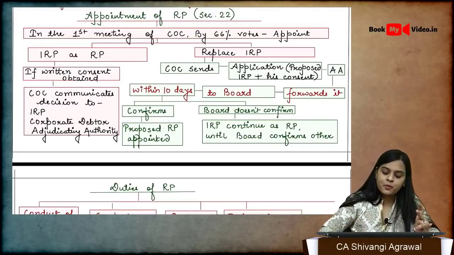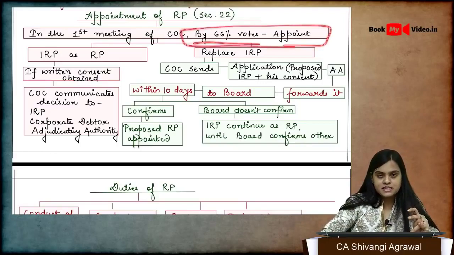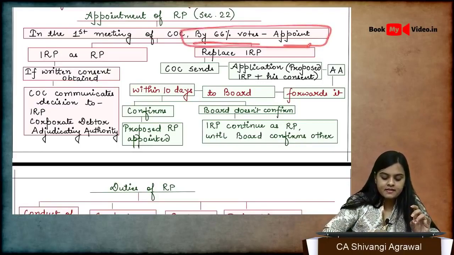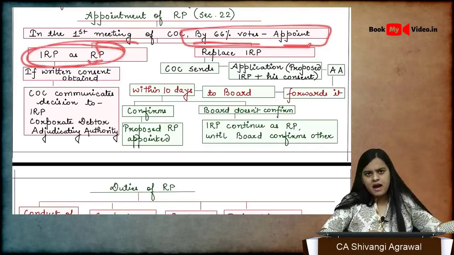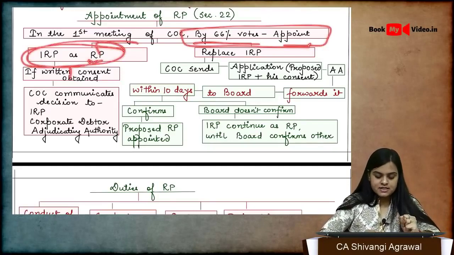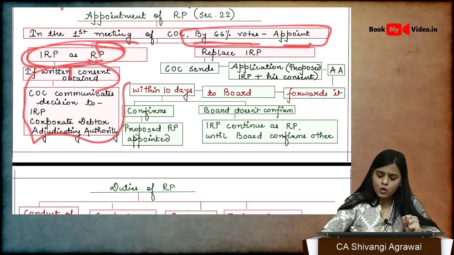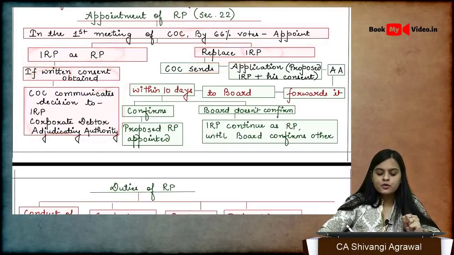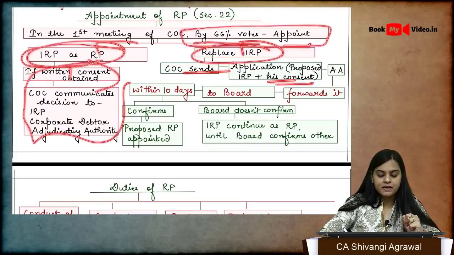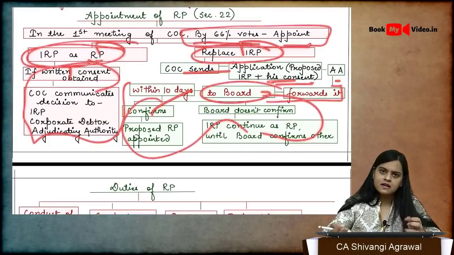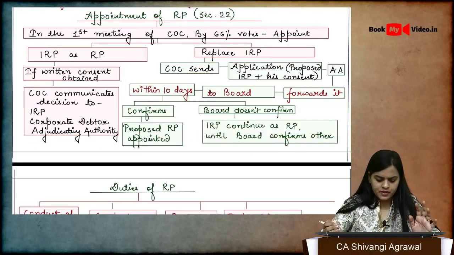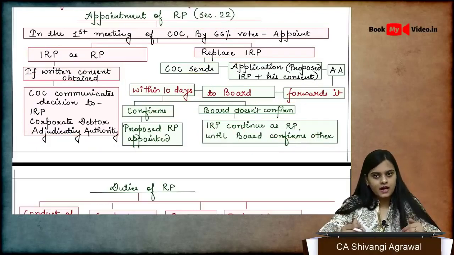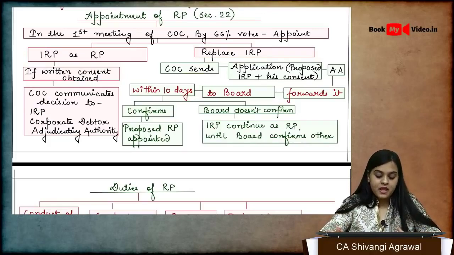Resolution professional is appointed, that is by 66% votes. Either you appoint the same IRP as RP if his consent is obtained, or you can also replace IRP. If you do that, you are going to send this application to adjudicating authority, who is going to forward it to the board, and board confirms within 10 days whether to appoint or not to appoint, right? So RP is appointed. Now what